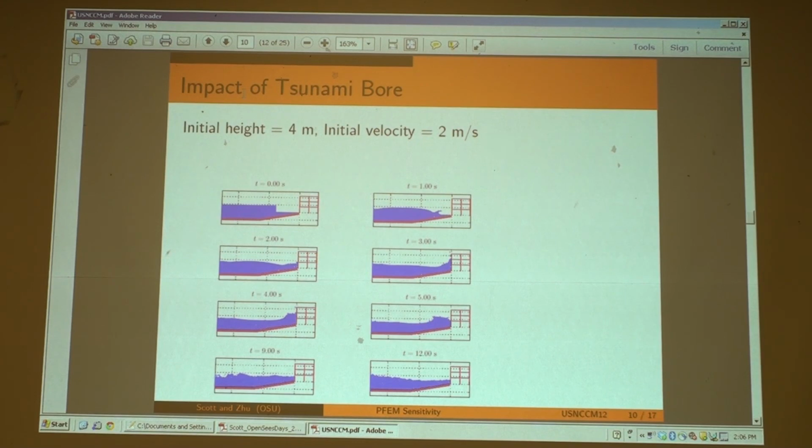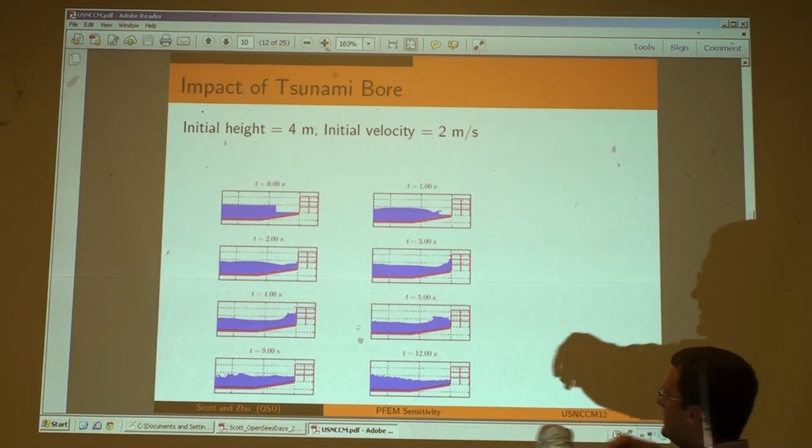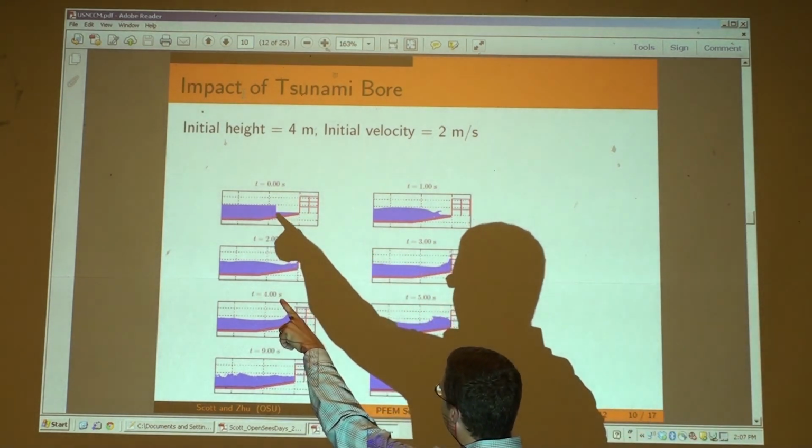Can you give an initial velocity to your particles? Yeah, so in this example it's 2 meters per second. So all the particles above the standing water, and then above this point,